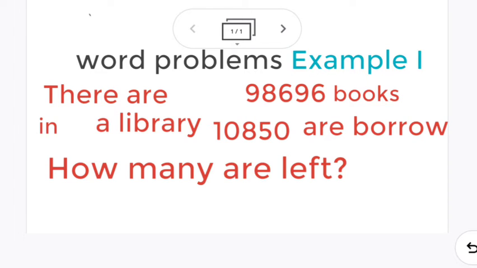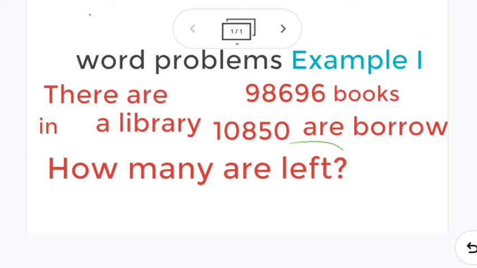So the question is, there are 98,696 books in a library. In that 10,850 books are borrowed, already given to the students. How many books are left? So here the word left, this is the keyword for